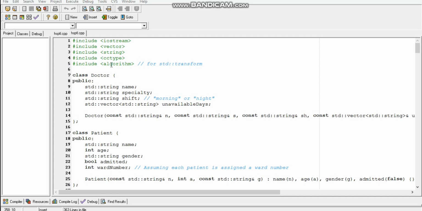Then we have #include <algorithm>. This line includes the STL header for algorithms. It provides various algorithms that operate on ranges of elements. In this code it's used for the std::transform function, which is likely used for transforming characters, possibly for case